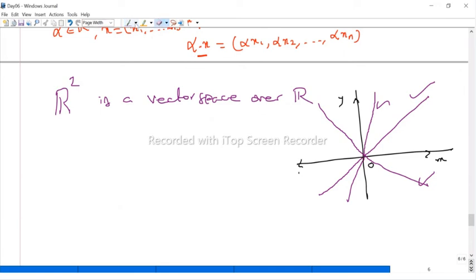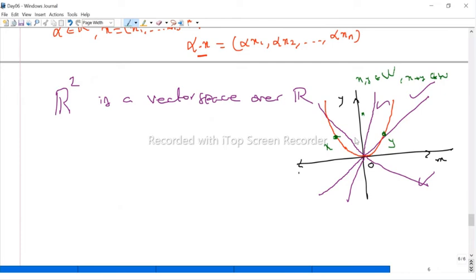Why is a parabola not a subspace? Suppose I am drawing a parabola passing through the origin. This is not a subspace. Suppose you take two points on the curve, one point here and another point here, say x and y. But x plus y may be somewhere else, not on the curve. So x and y are in the parabola, but x plus y need not be in the set. Maybe it is here or anywhere, it is not on the curve.